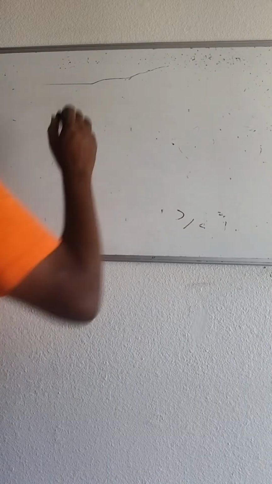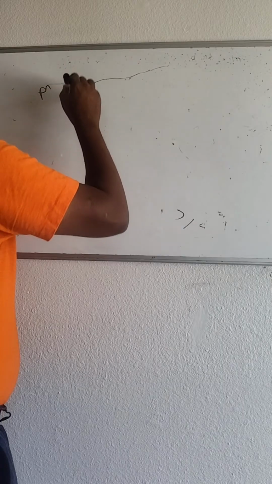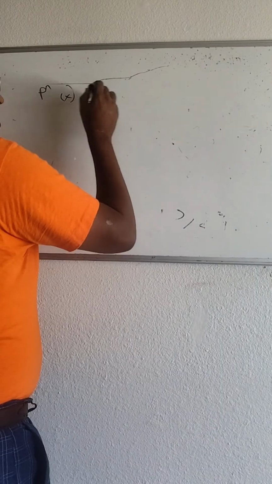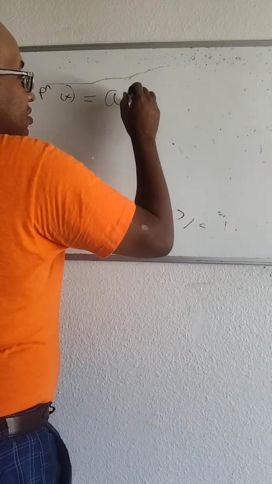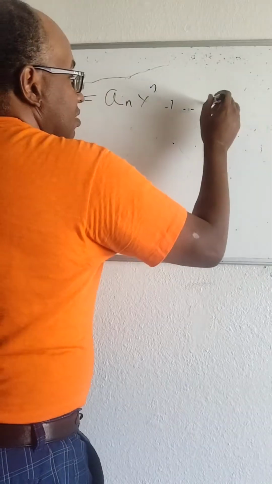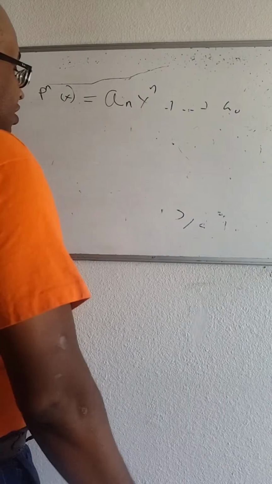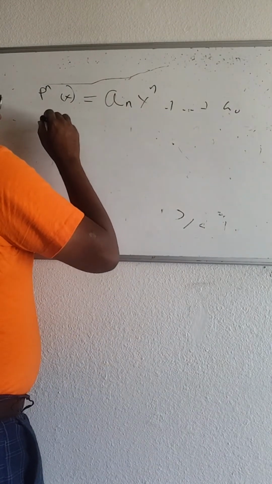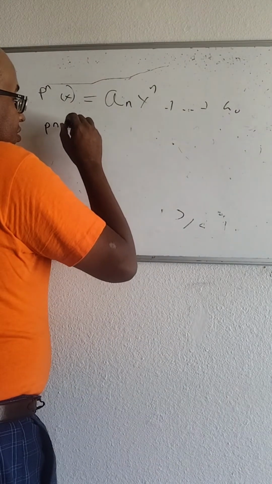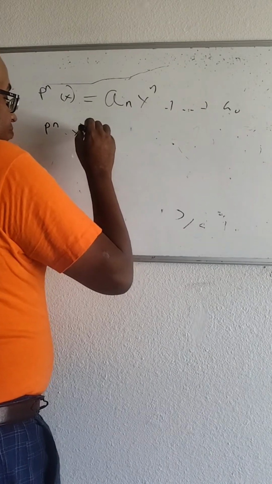So basically, we got to prove a very important property. The proof goes like this. We let P be any nth degree polynomial of x. And it's going to allow us to write this, a sub naught. All right. It's going to allow us to write that. And then we can expand this in such a way that